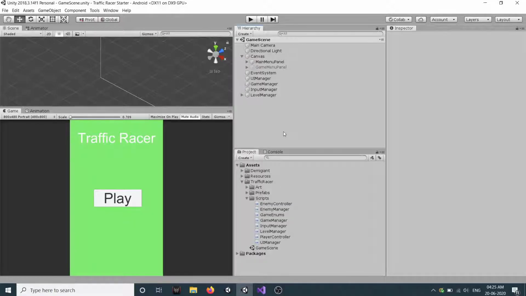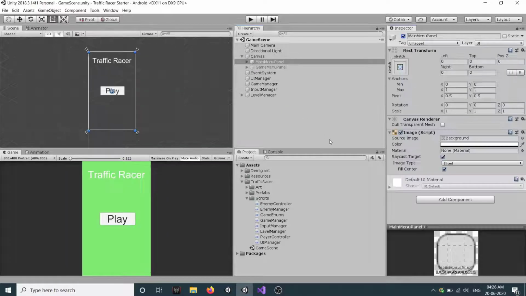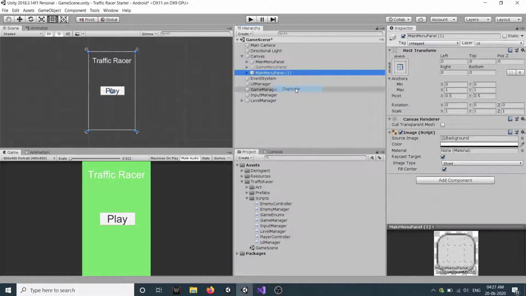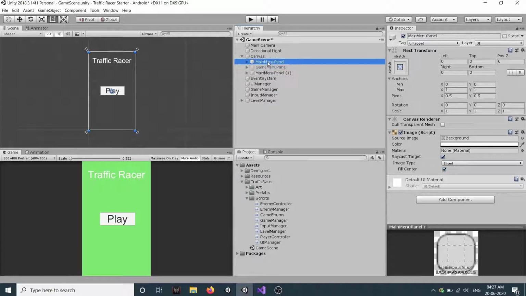Okay, so now we have to create a selection panel where we can select our cars for our player. Our selection panel will be similar to our main menu panel. It will have a text and a button. So I will just right click and duplicate our main menu panel. Now just deactivate our main menu panel.